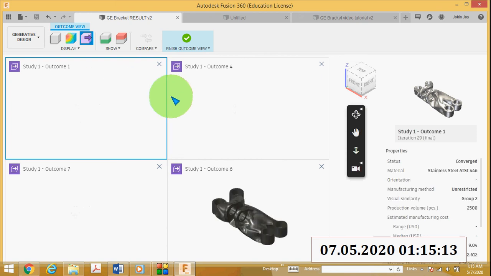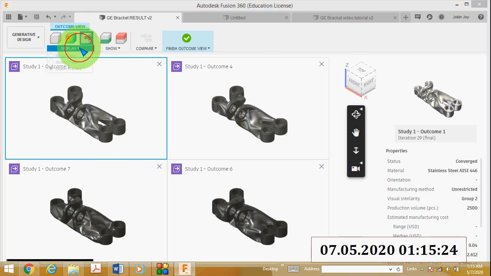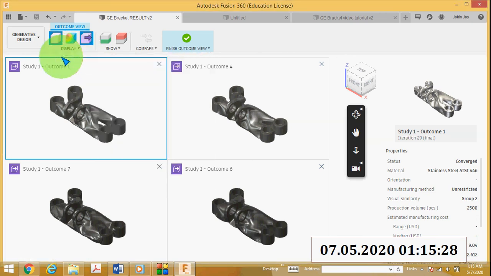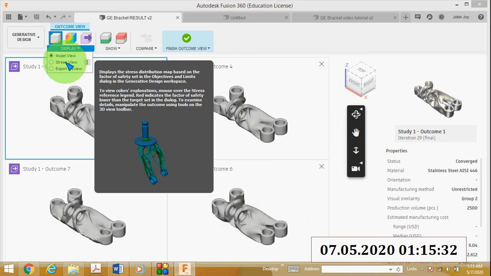So here on the screen you can see study 1, outcome 1, then outcome 4, outcome 7, and outcome 6. Here you can see the outcome view. If you want to change the model view, click here. So this is the model view. If you want the stress view, click here.